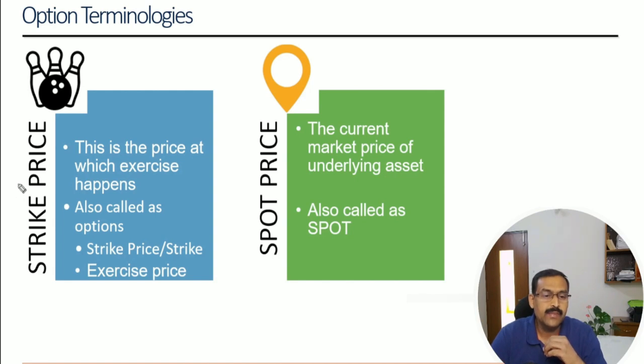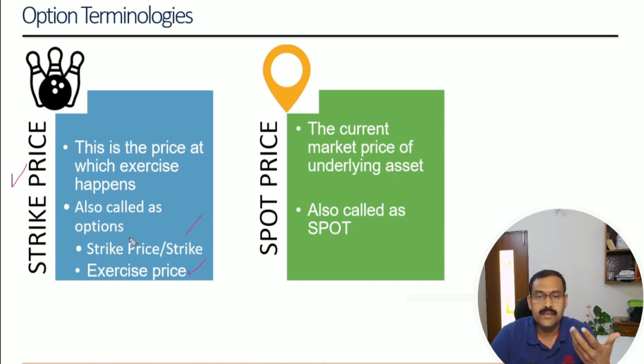First one is the strike price. Strike price is nothing but the price at which the exercise happens. For example, if we have bought a particular option, let's say State Bank of India 500, you have bought or sold an option, that is the price at which the exercise happens if you opt for the physical settlement. So if you see in the option chain, there are various strike prices that you have a choice to choose. Anyway, I will be explaining the option chain. And the strike price is also called as the exercise price or a strike.